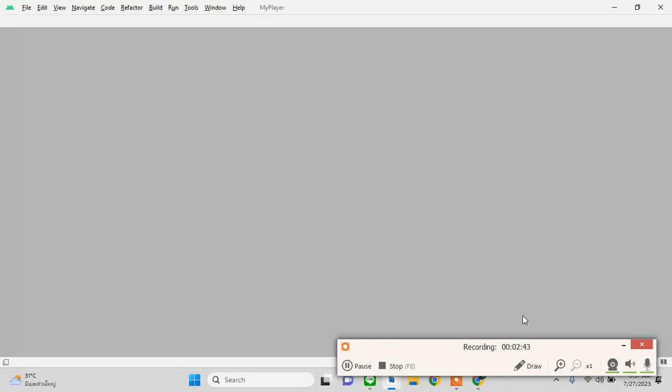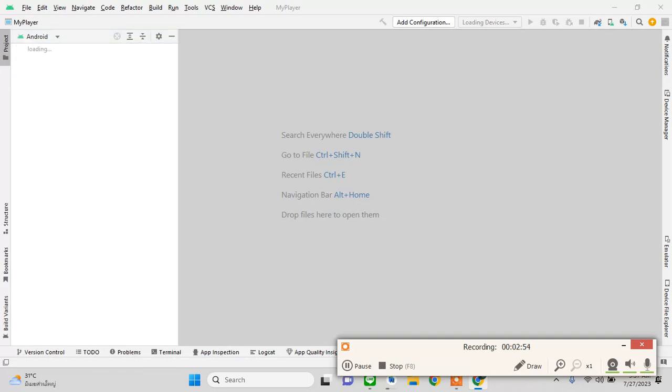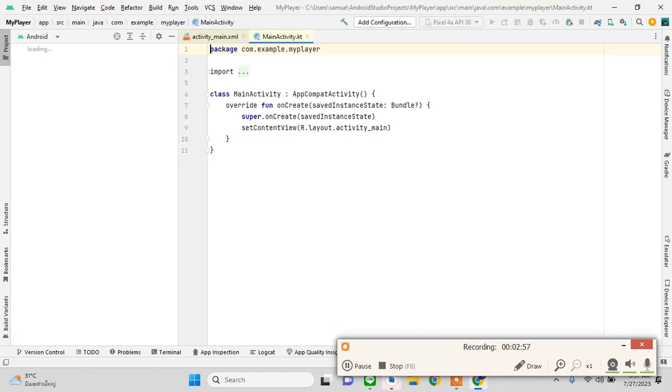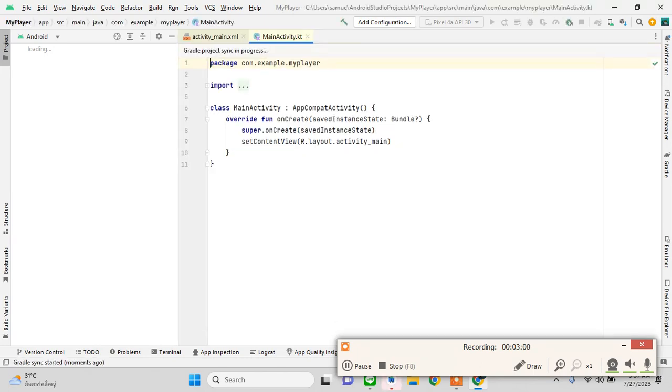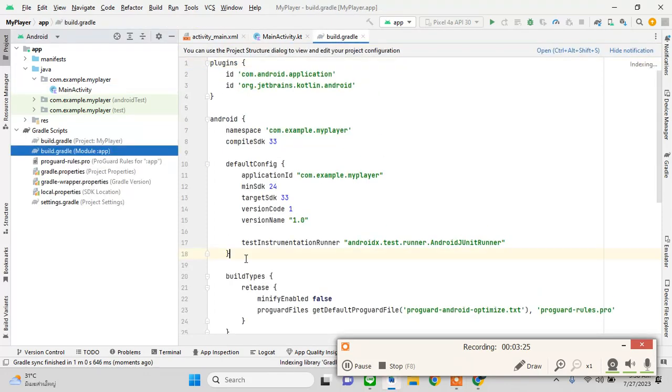and let's build it. Meanwhile, I will be going to my GitHub and look for the dependencies that I have used. I've just used data binding and I think navigation. I'm not sure if I have used, yeah, I think I have used the navigation, but it's not necessary, and you will see why I'm saying that it's not necessary. But still, anyways, we will paste the dependency once the project finishes building. Okay, looks like our project build has finished. Now we'll just enable data binding